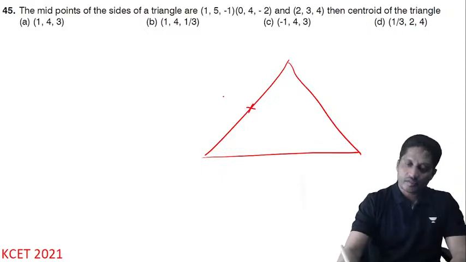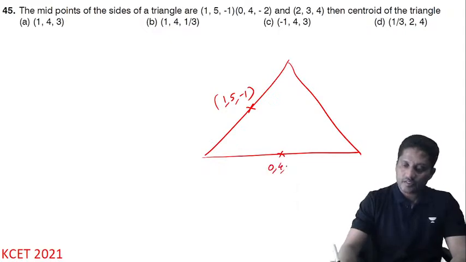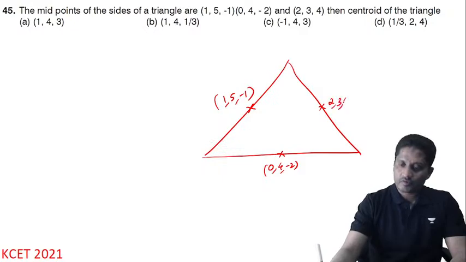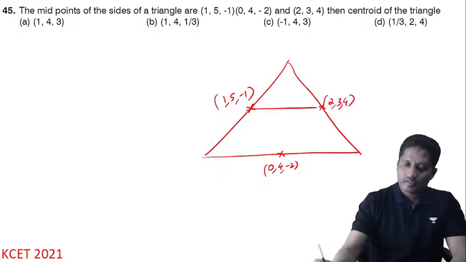Midpoints are 1, 5, minus 1, and then 0, 4, minus 2, and then you get 2, 3, 4. Then what is the centroid? See, the centroid of a triangle formed by the midpoints is the same as the centroid of the triangle formed by the